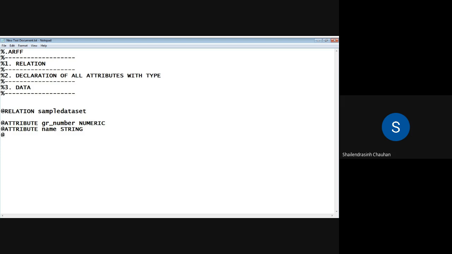Then third attribute, let us keep division of the student, and let us take nominal for this. So division, that is class, can be TC1, class can be TC2, class can be TC3.